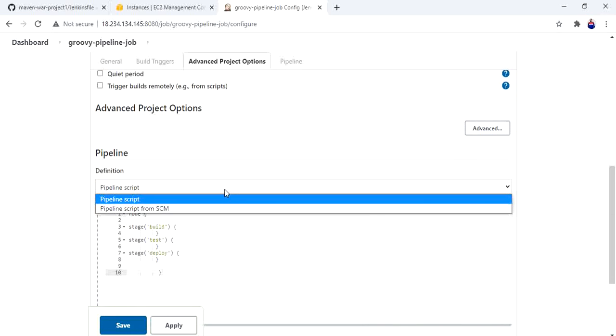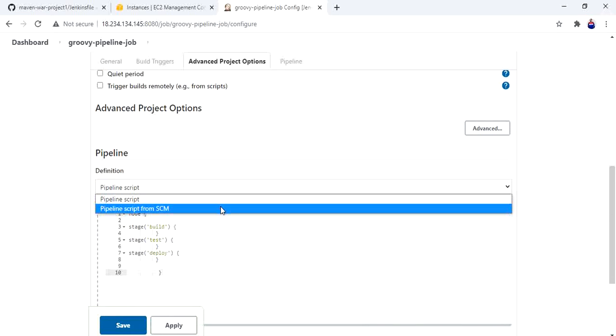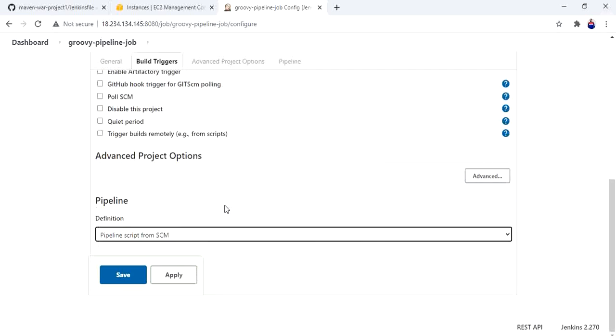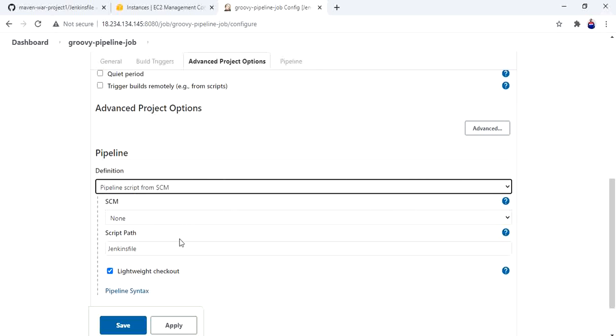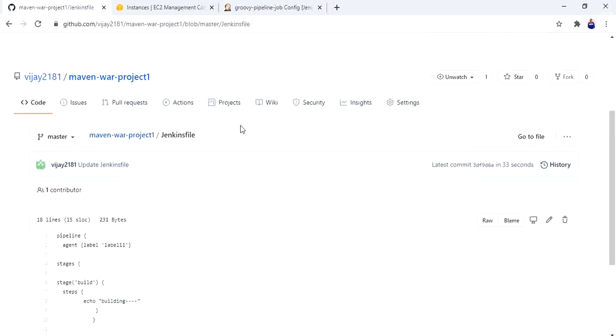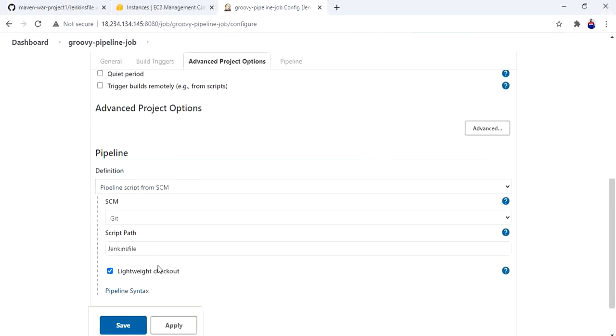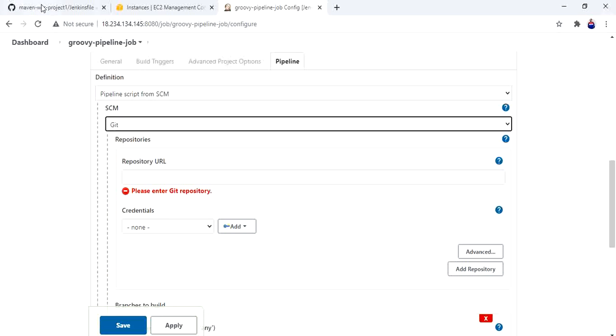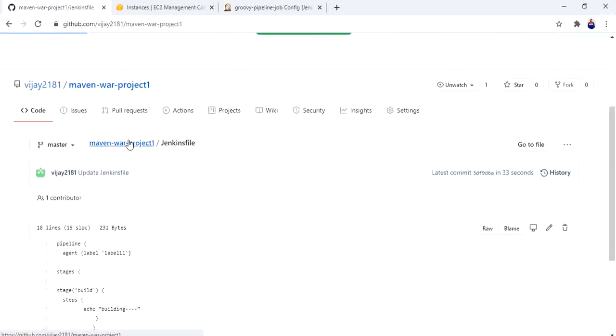Now I will go with pipeline script from source code management. Here I have to select Git because my repository is in GitHub, and URL for that particular repository.